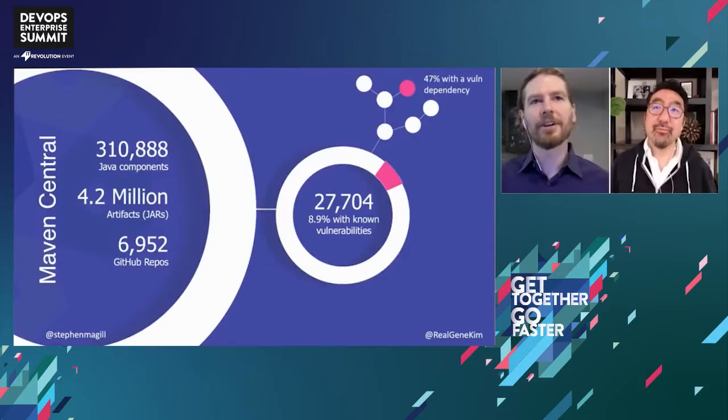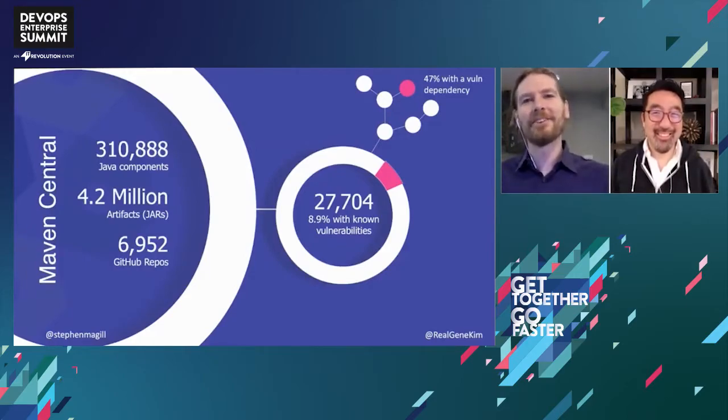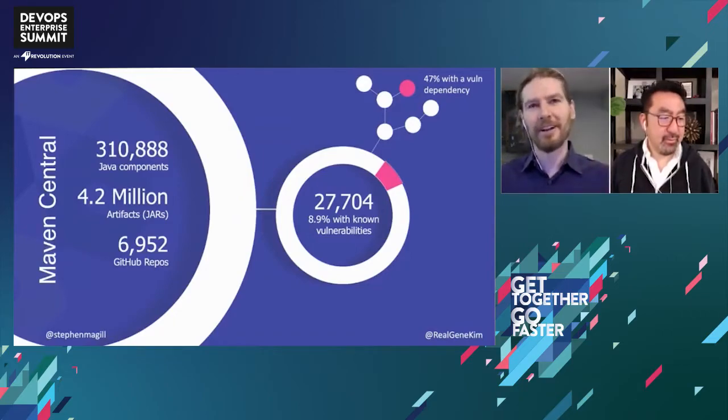And in that work, as we said, we looked at Maven Central. There's really an amazing amount of projects, of components, of data out there on Maven Central. 310,000 components, 4.2 million versions of those components, so individual jar files. Each has its own vulnerability history, its own dependency graph, its own API changes with each version, which can cause problems. Almost 7,000 of those also have associated GitHub repos,